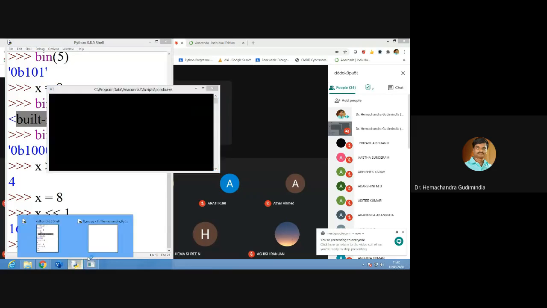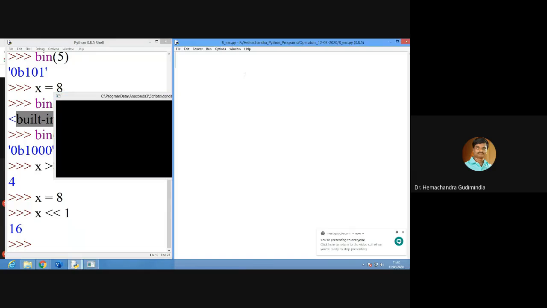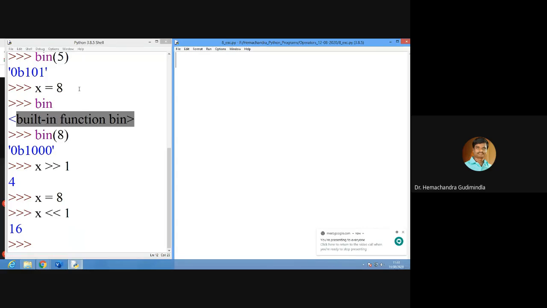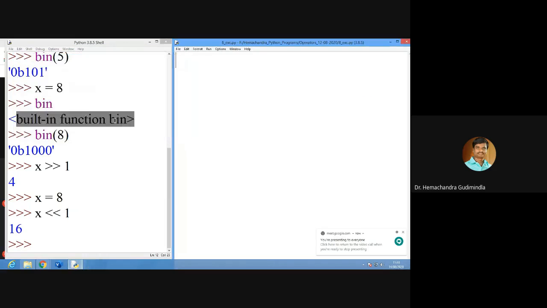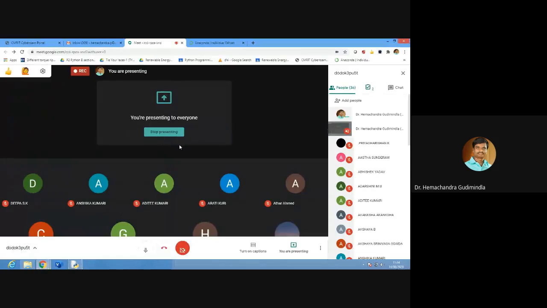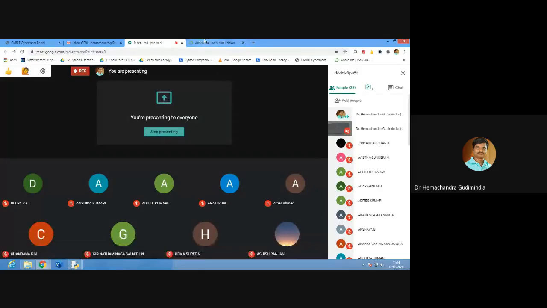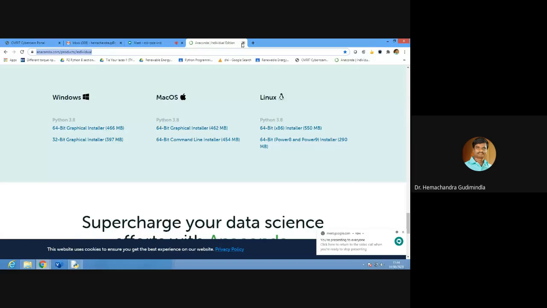Here for explanation, I need to open two windows. Here I need to save the file, and I need to run here. So these are the things I am doing right now. I have internet connectivity, so I am using the Anaconda interpreter for this. In that Anaconda also, I will open Python only. Wait for a few minutes.